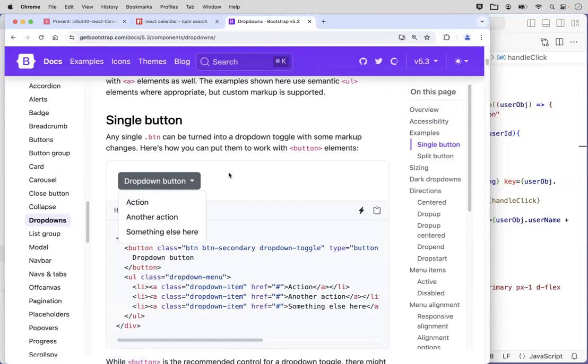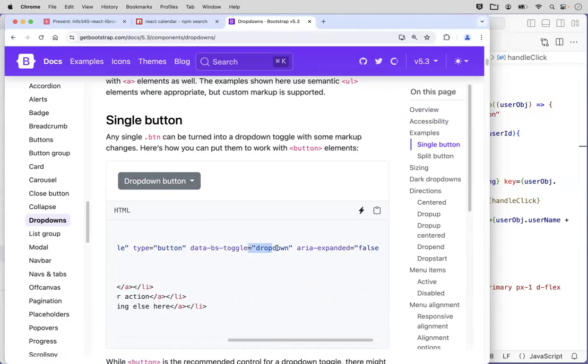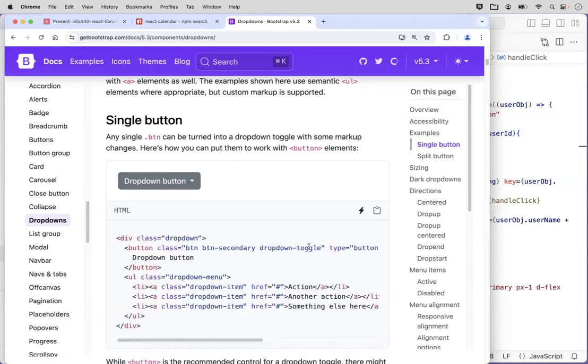So it's really nice if, similar to when we were using Bootstrap for CSS and even for Bootstrap for DOM level interactivity, we could use that in React, right? I would like to be able to just drop in an element, a button that has a toggle that says make this a drop down. I'd like to be able to just have that work the same way it did with Bootstrap. Now,